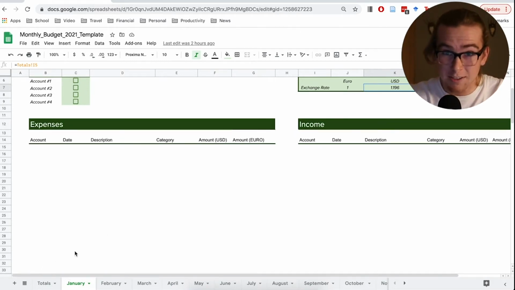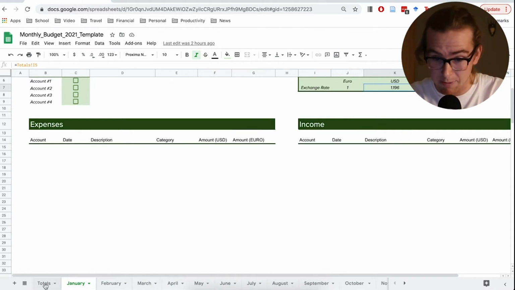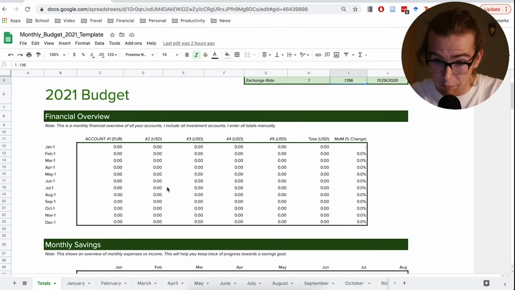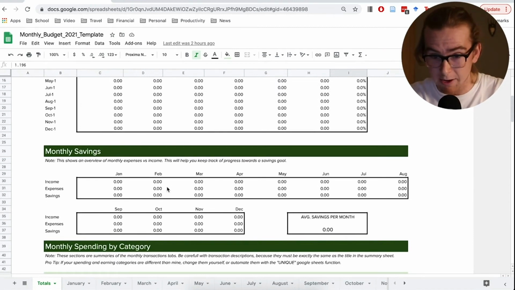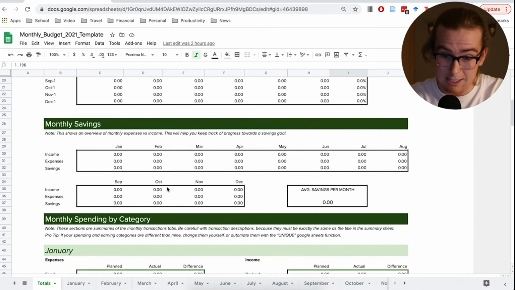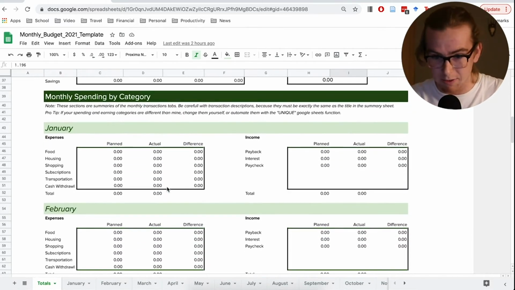So now I want to show you how this all comes together in the totals tab. So at the top here, we see a financial overview. And so this is going to be an overview of all the money across all your different accounts. Next, we have a monthly savings category to help you keep track of all your savings per month. Lastly, the spending by category, which is also pretty self-explanatory, but it will automatically be updated to reflect how you're